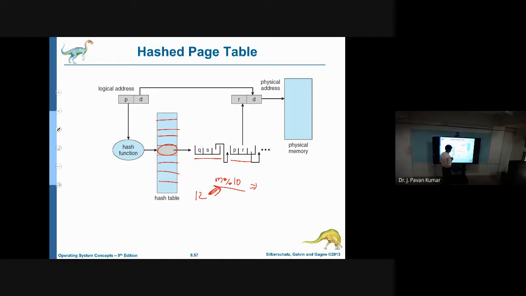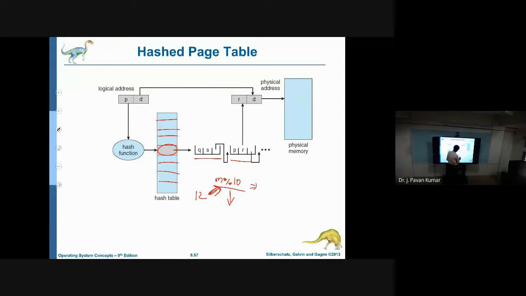12 mod 10. Is there anyone who can tell what 12 mod 10 is? The mod operation is used to find the remainder after division.